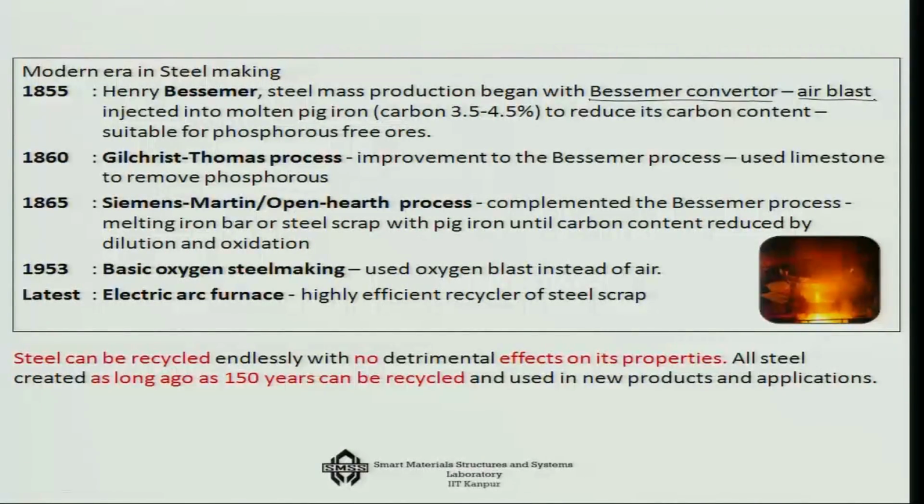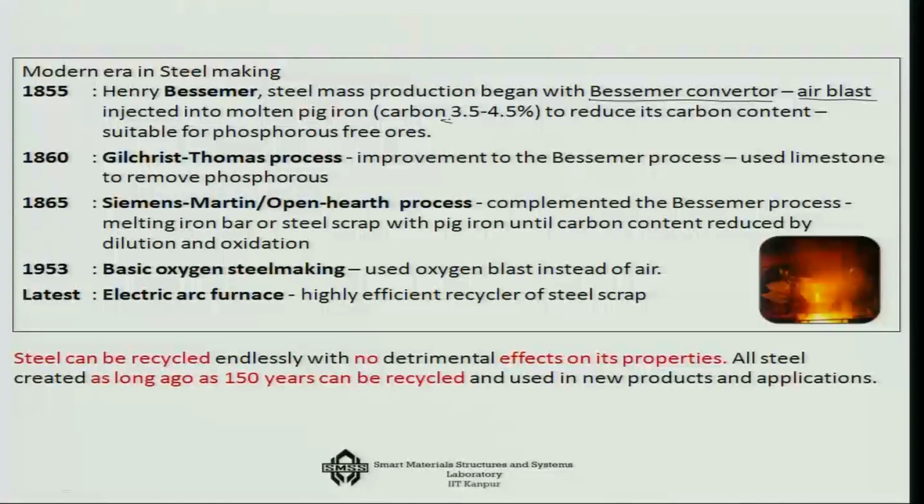If the carbon content is too high, it will be harder, but it will be very brittle. So, you have to have an optimal content of carbon, something like 3.5 to 4.5%, and that you do through hot air blasting, which actually converts some of the carbon to carbon dioxide, and it is good, but